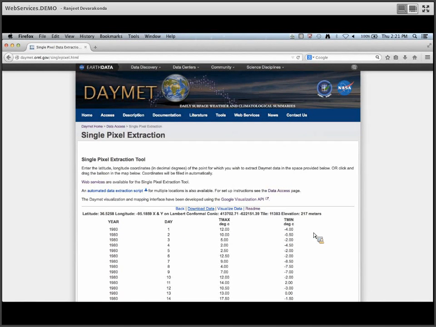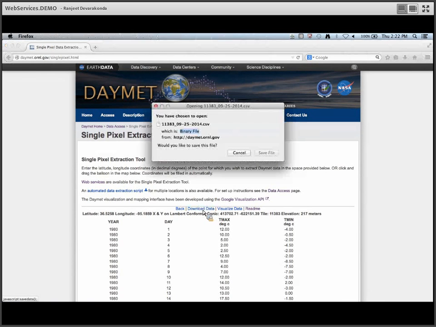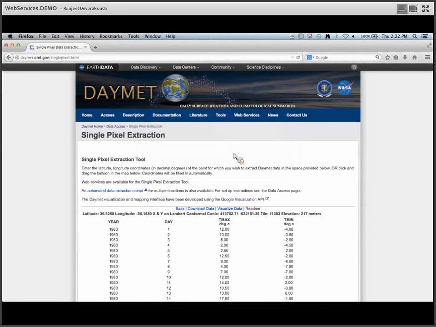So there are 2 options for me here. I can either download this data by clicking on the Download Data link. It gives me a CSV file, comma-separated variable file format. The file name is the tile ID, followed by the day I'm downloading the data. Or I can click on the Visualize Data link,